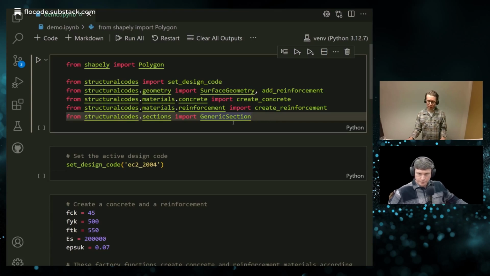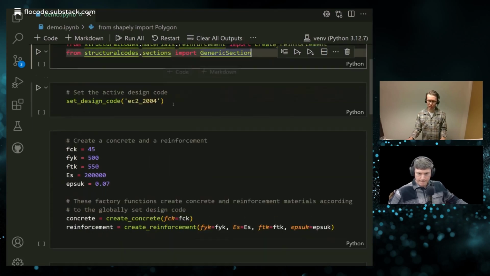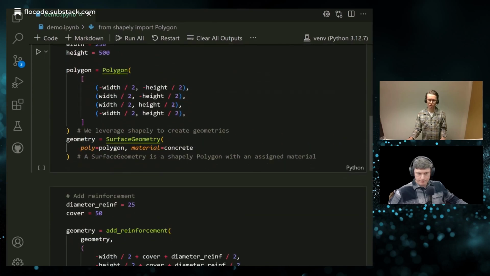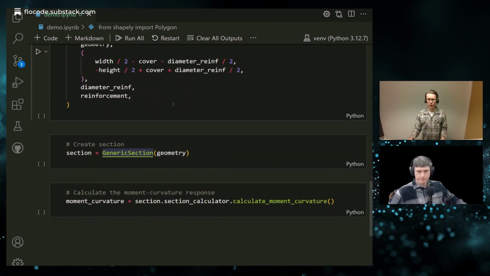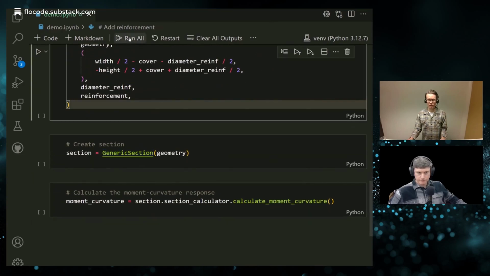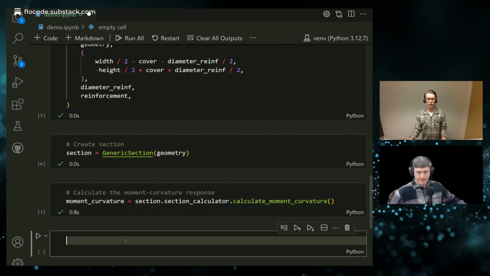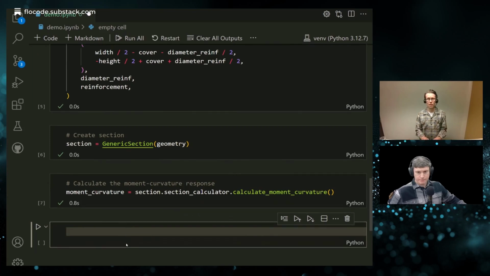Okay. So we can now recognize here the code blocks from our online documentation. And we can simply click run all, and then this is live coding. So let's keep our fingers crossed. We have green lights here. Let me first show one thing that's really nice when you work inside a Jupyter notebook in VS Code or in any platform. When you have a geometry object, this can be automatically displayed in your notebook.